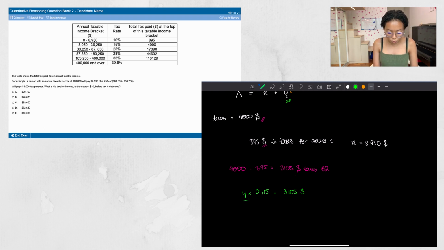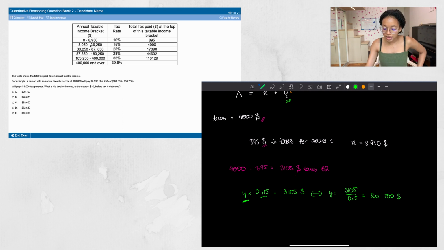We know that because y is the amount of money that will be taxed within bracket 2, and 0.15 is the tax rate of bracket 2. And we know that he will be taxed $3,105. So the money that he makes in bracket 2, before it actually goes in his pocket, he will have to shave off $3,105. That's the first thing we need to talk about, and we already talked about it before. And so now we can just do a simple rearranging of the equation to find y, and y equals 3,105 divided by 0.15, which is equal to